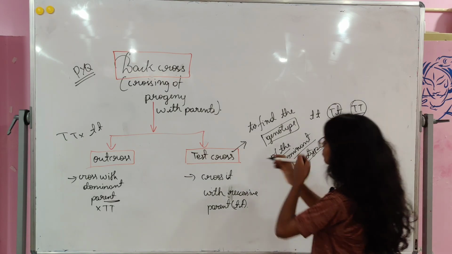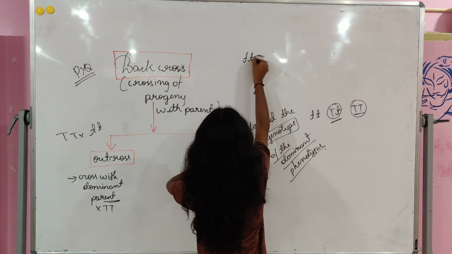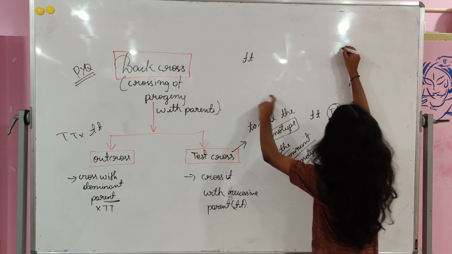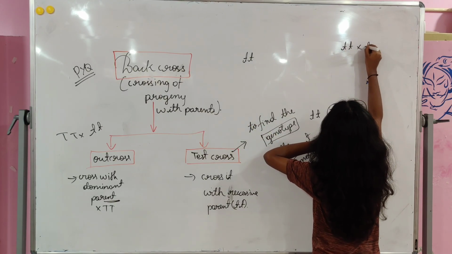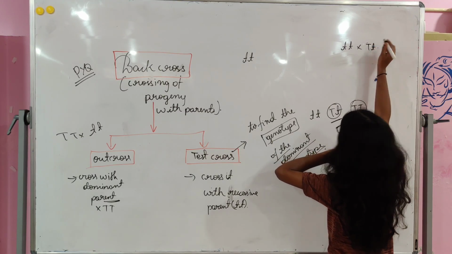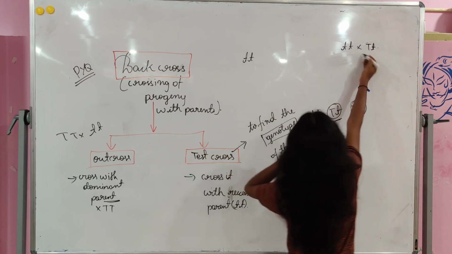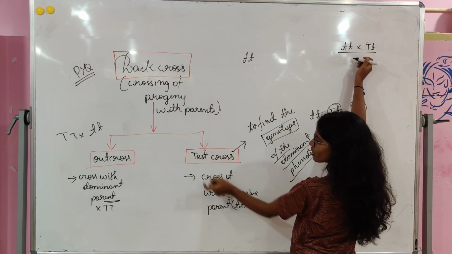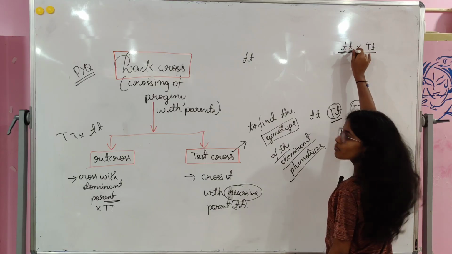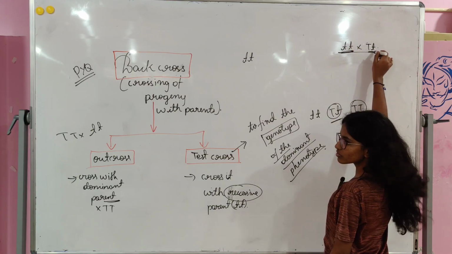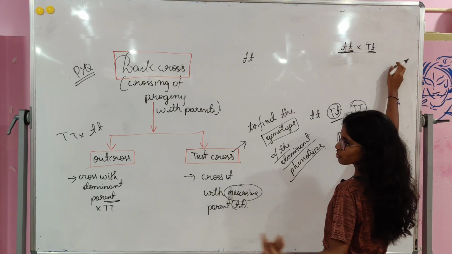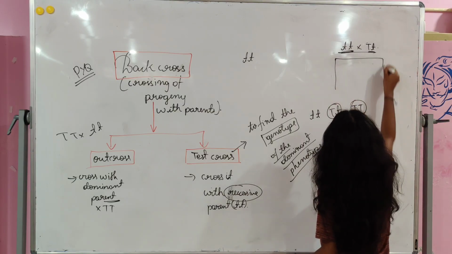Understood? So what we do is, in our progeny we get small t also, right? So we cross small t with small t. So this is the test cross. I told you, the recessive parent. So this is the recessive parent, and this is the genotype which I got in the F2 generation. When we cross between this